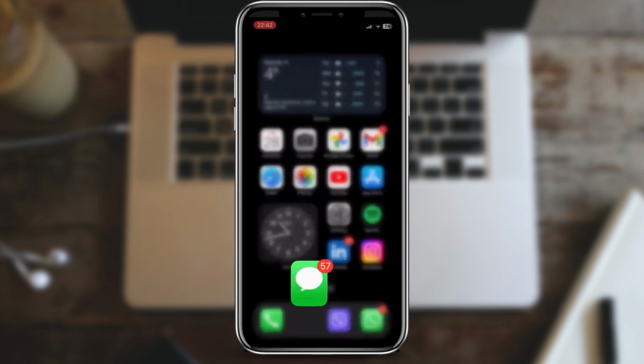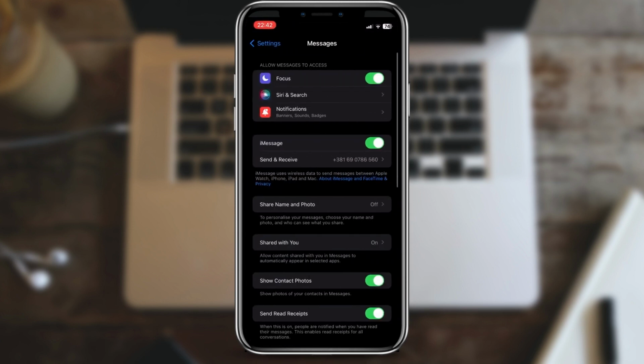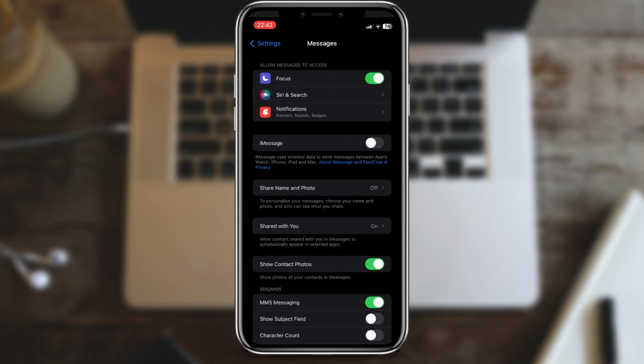Open Settings. Scroll down and find Messages Settings. Here you can find an option called iMessages. Toggle this off. Alternatively, if you want to have this option on, but you need to send regular SMS occasionally,